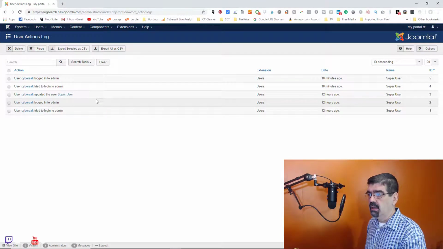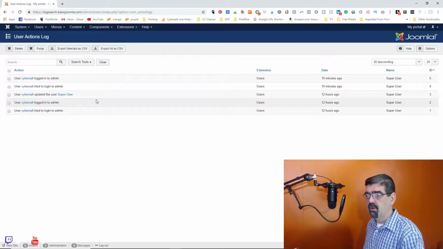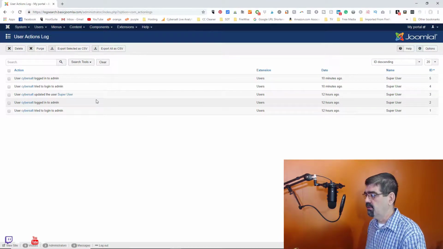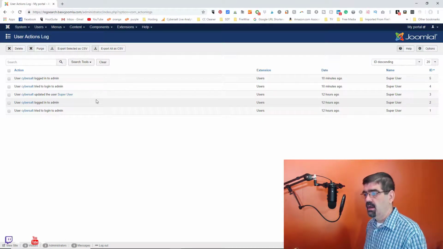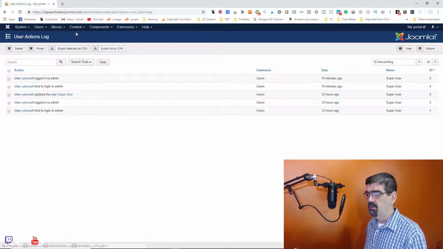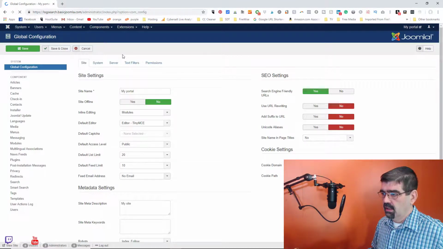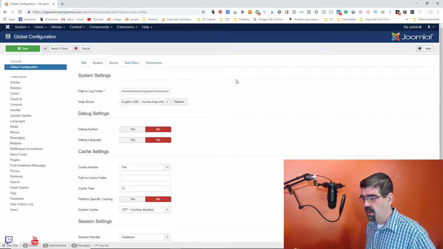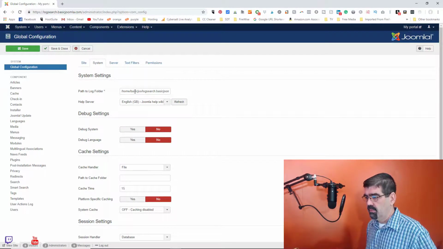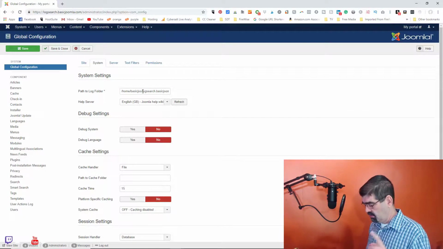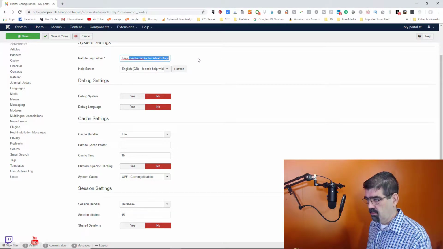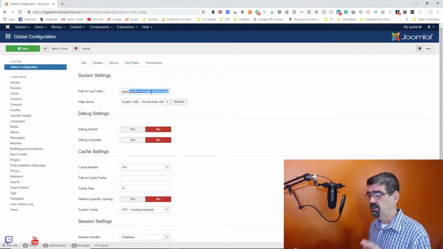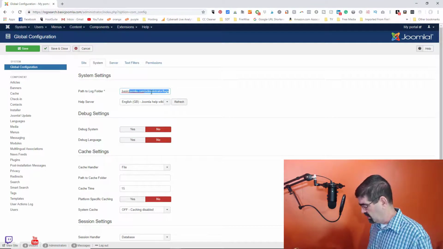Now the other issue, another important thing about finding the logs that we're looking for, is where you have your logs folder set up. On a Joomla site, let's just take a look at the defaults. If we go to System, we'll see that the path to the log folder is the folder that your Joomla install is in,